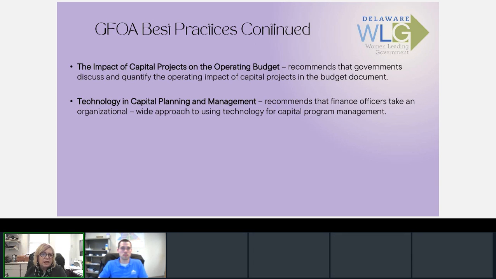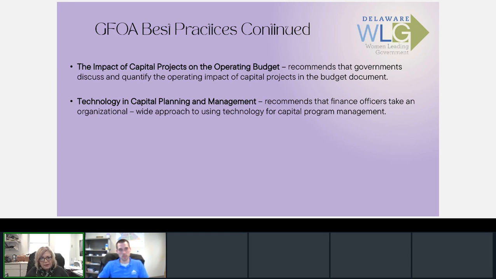Let's see. The impact of capital projects on the operating budget. Many times you'll see communities budget for the capital plan, but then they don't put an impact on the operating budget in there. An example would be, you don't build a library and then think you're not going to have additional operating costs. And one of the other things to consider is that you might have a 2-story library. That brings additional costs. So when you're planning out your projects, you want to make sure that, whatever you're planning, you're looking at the operational costs that go along with it,